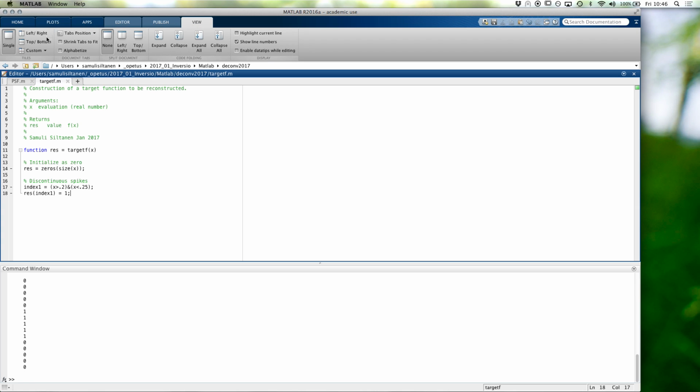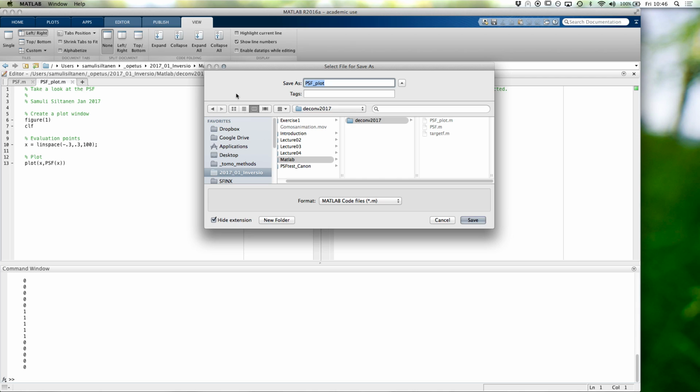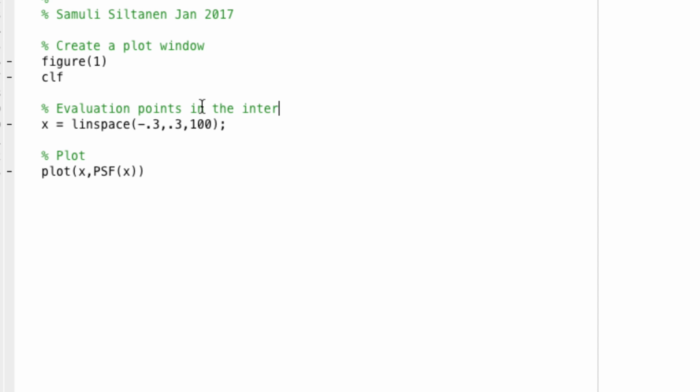View left, right. Here. So let's save this as target f plot. So now we actually want evaluation points in the interval from 0 to 1, that's where we will be working with our convolution and deconvolution problem. And now, wanting to avoid any boundary condition issues, let's just design our target f so that near the endpoints of the interval it will just be 0. So for simplicity. But here let's plot our function in the interval from 0 to 1, and let's have quite many points. And here target f,